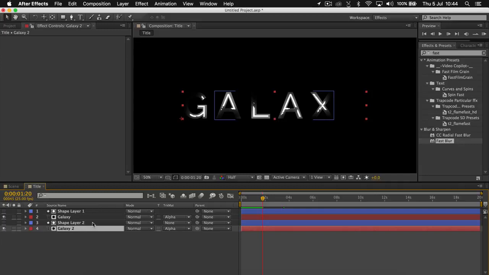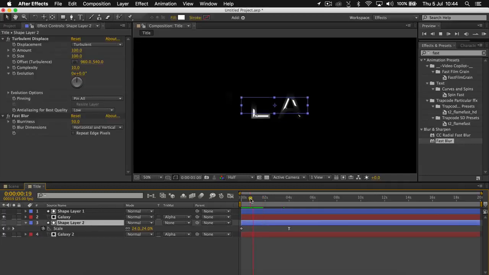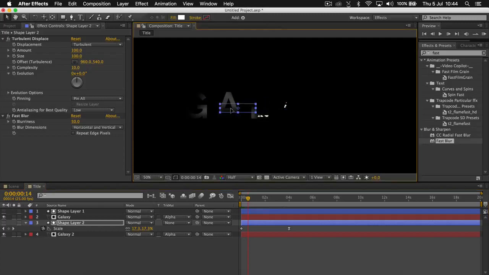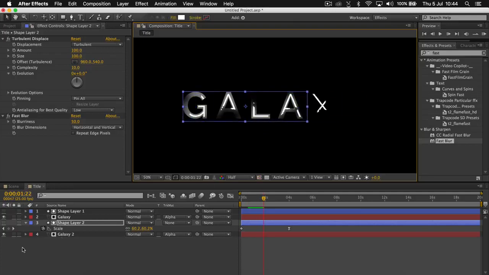So if we hit the stopwatch on the shape layer, maybe actually going to start this off over here, just a little bit off center, so it starts bringing in some of these characters first, which is quite cool. And then we're going to get to about the 2-second mark, hit stopwatch, hit the keyframe for scale, so it's going to get to this point and then it's going to fade back